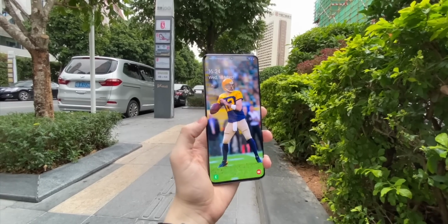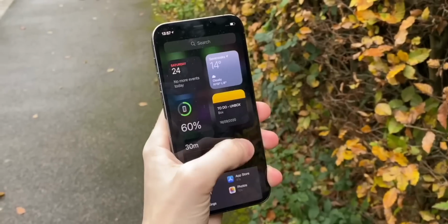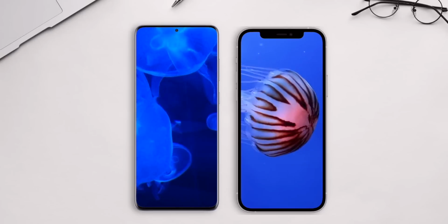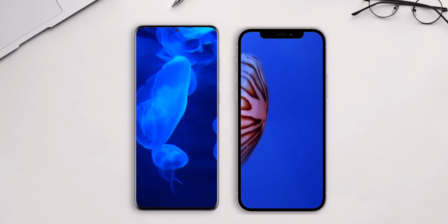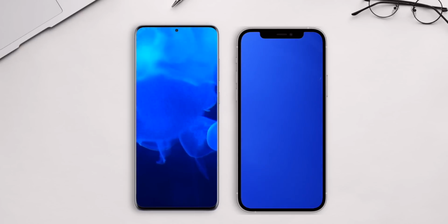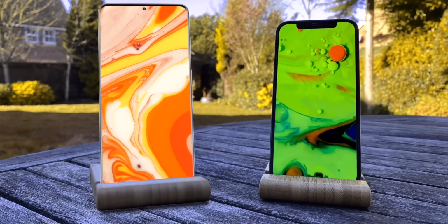Samsung have gone and made a beast with the Galaxy S21 Ultra this year. And of course, you have to compare it to the iPhone 12 Pro Max. What are the differences in hardware and performance overall? What are the upgrades? What are the differences in charging, processors, and absolutely everything? I'm going to compare the specs, prices, and everything we know about the S21 Ultra versus the iPhone 12 Pro